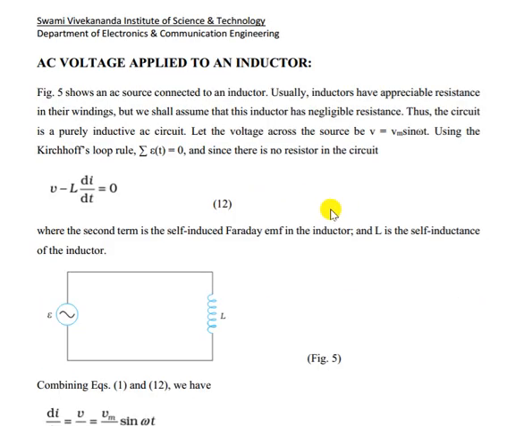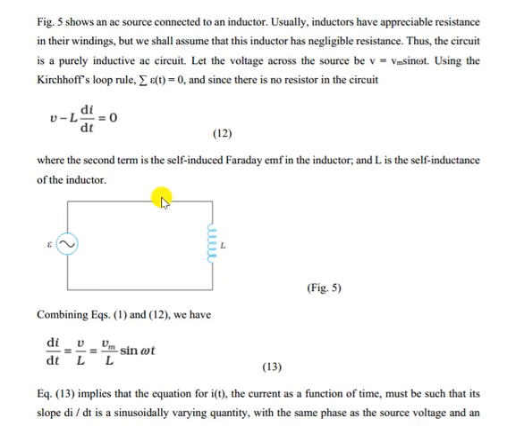Now, if we apply an AC voltage to an inductor, what will happen? So this is a voltage source with an inductor. We know the equation of voltage drop across an inductor is V equals L di/dt. Now across this loop, if we apply KVL, we can write V equals L di/dt, or V minus L di/dt equals 0, since the summation of voltage drops across a loop is 0 according to KVL. In an AC circuit also we can apply Ohm's law, KVL, KCL, current divider and voltage divider rules, everything you have learned up to now.